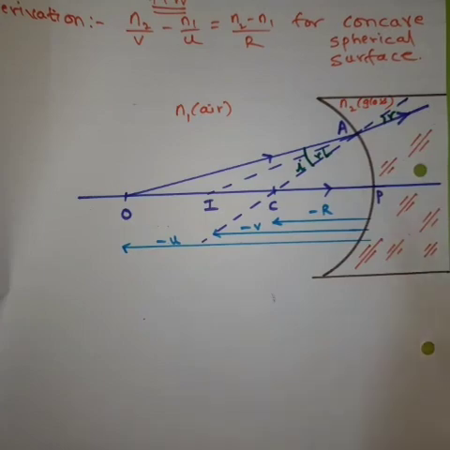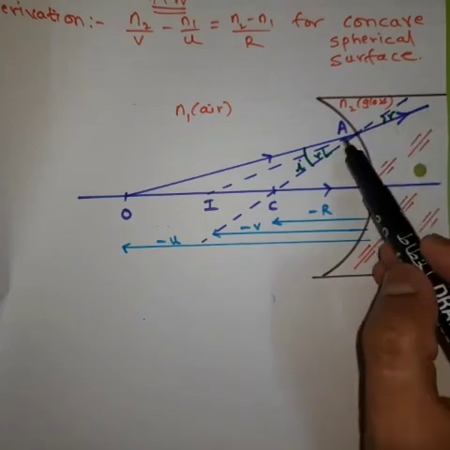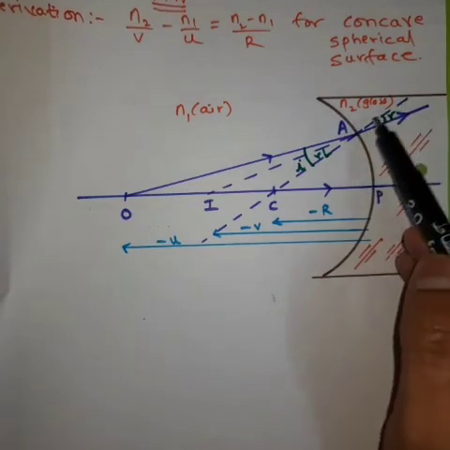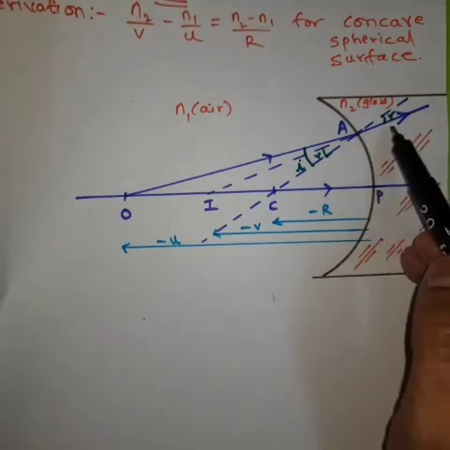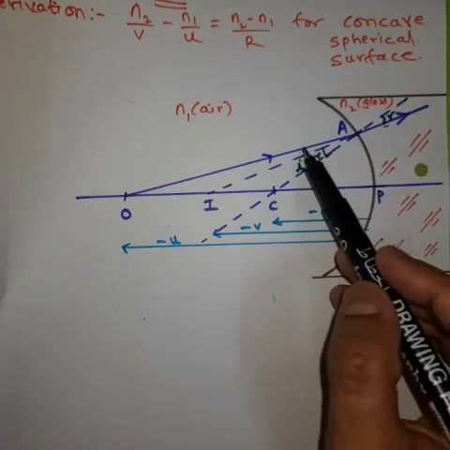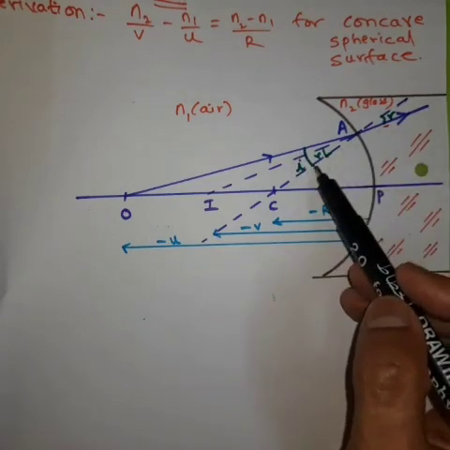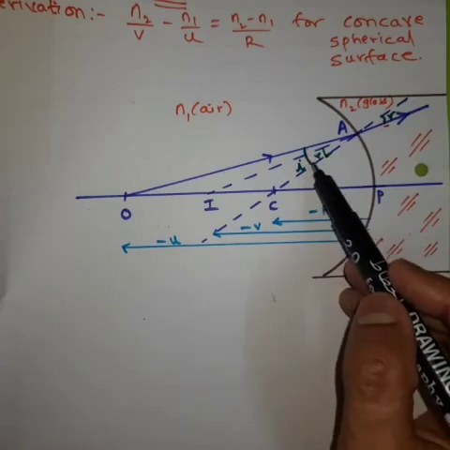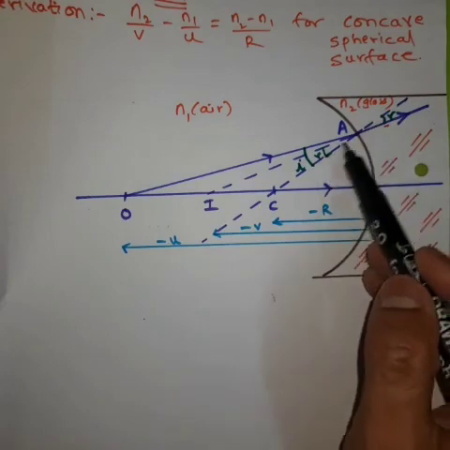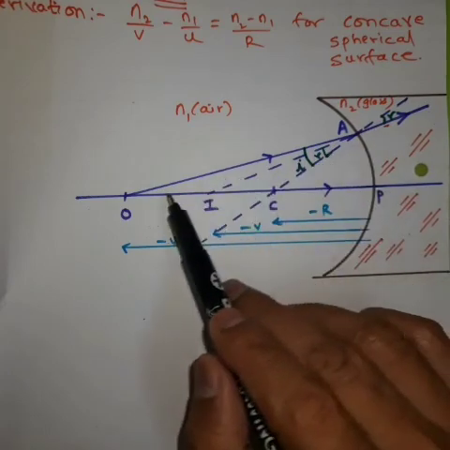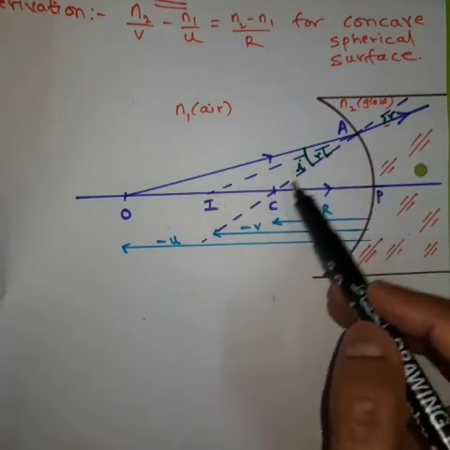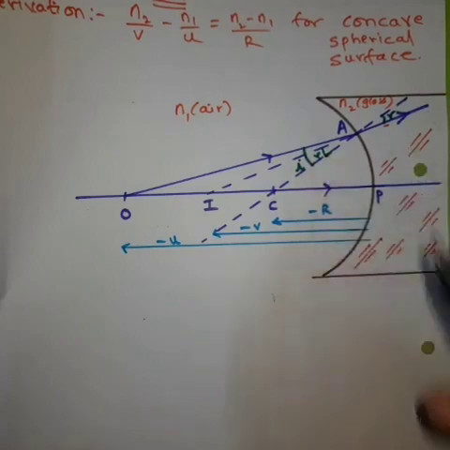Easily you can see that this particular ray is not traveling straight from here, but it's bending towards the normal. It's because the ray is traveling from a rarer to a denser medium, so it will bend towards the normal. So this will be my angle of refraction. This is my incident ray and this is the normal, so this will be my angle of incidence. This angle of refraction will be equal to this angle because they are vertically opposite angles. Now if you look into triangle OAC or IAC, we have angles I and R.